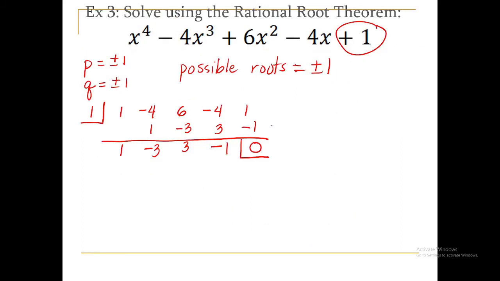But in case you still have 4 numbers left, followed by a 0, you continue with synthetic. Again, continue with synthetic. So for the four numbers that are left, you do synthetic there. So meaning, I will continue with